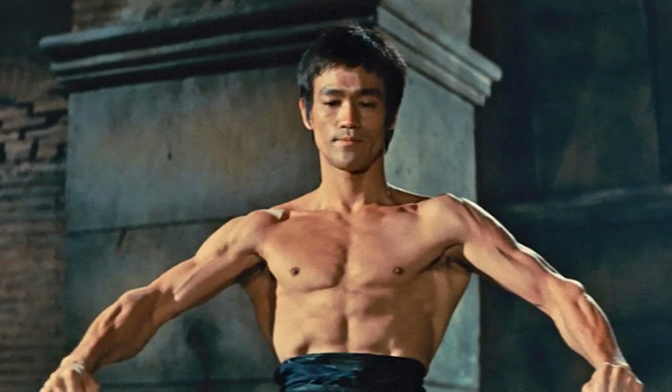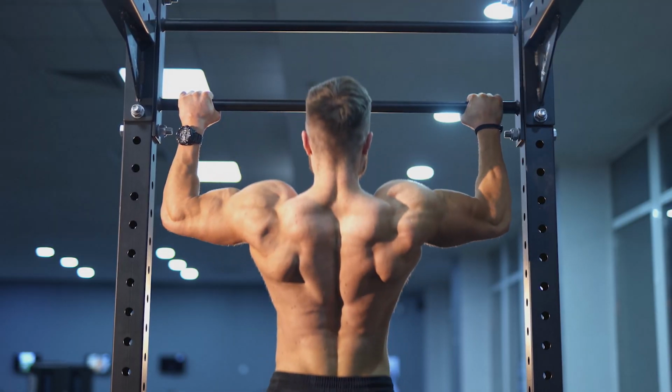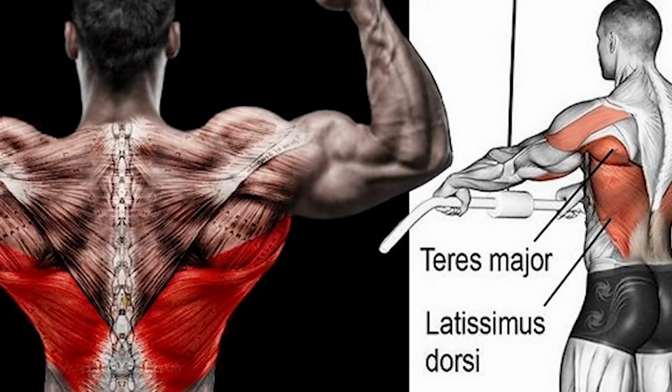So if you want that V-taper look, that wider back, in my opinion, the best exercise are pull-ups. Pull-ups are going to give you that wider back. And the reason is because the pull-ups are working the lats. The lats are these muscles right here, and that is what gives you that width, that V shape. And then when you have a smaller waist, it comes down into a smaller waist, giving you that very impressive